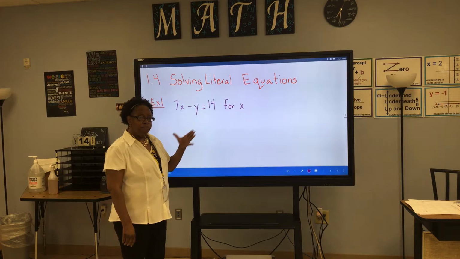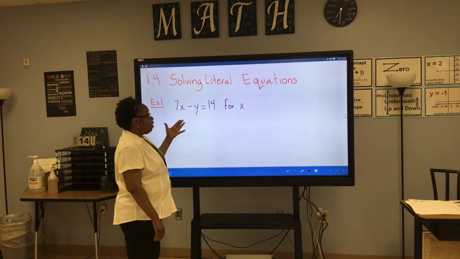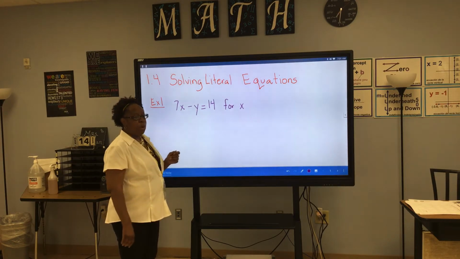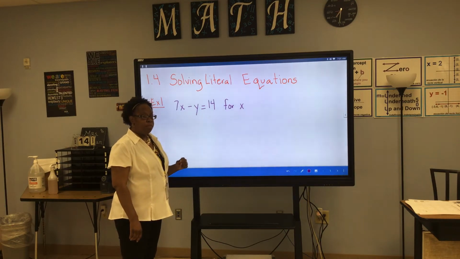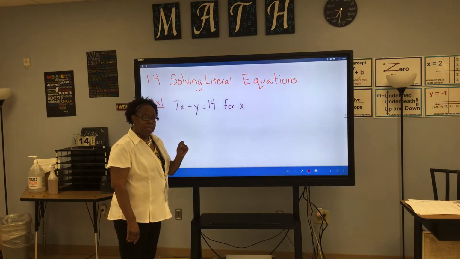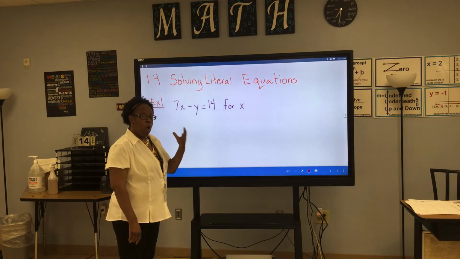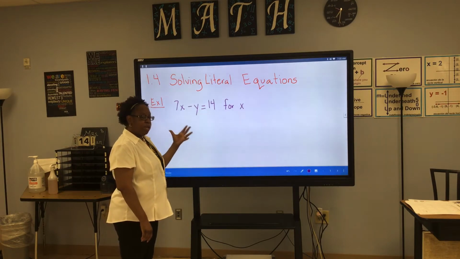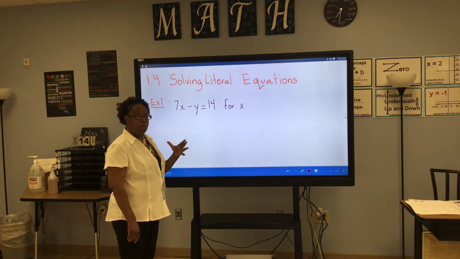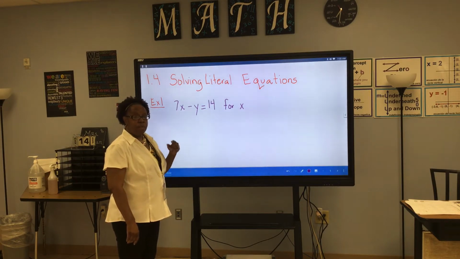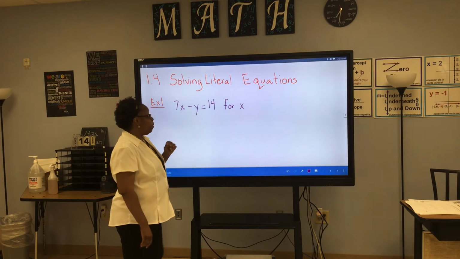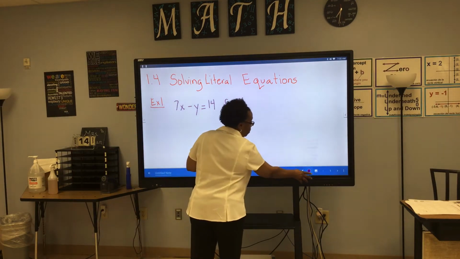So let's take a look so we understand better. We have the equation here, 7x minus y equals 14. We want to solve for x. What does that mean? That's right, we want to get x by itself on one side, okay? So let's look at this. We solve this as we do other equations. As a matter of fact, let me put another one up here that's very similar so we'll know what we're doing, okay? What if I also solve at the same time